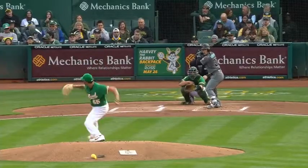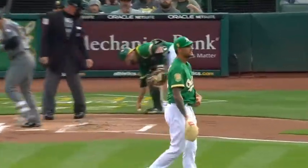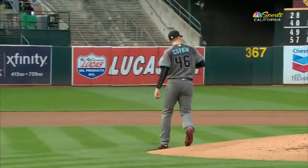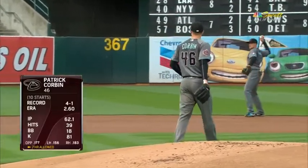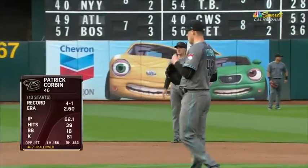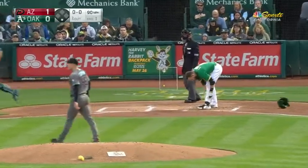Game is starting a half hour earlier. Inside corner, strike 3 call. And Patrick Corbin, who's sitting on a pretty good paycheck if he continues to pitch well, 4-1 on the season. Guy who's in the Hall of Fame with the Diamondbacks, the name of Randy Johnson, had a great